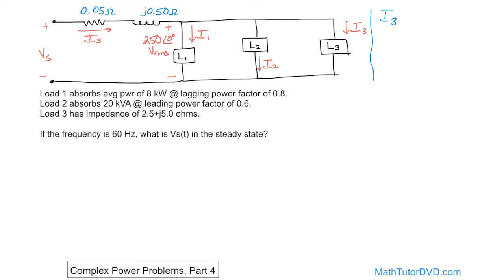I3 is just, from Ohm's law in the phasor domain, voltage divided by impedance, right? So the voltage we already know is 250 at an angle of 0, and we're going to remember that this is an RMS value. We'll write it down in our units. And the impedance is 2.5 plus j5.0. So on the top we have our phasor as a polar number, on the bottom we have it represented as rectangular. That's okay, just stick them in your calculator, and what you're going to get is that I3 is 44.72 at an angle of negative 63.44 degrees. And the units here